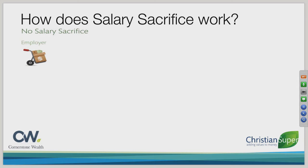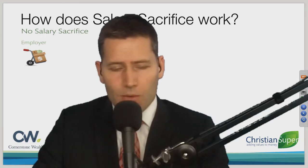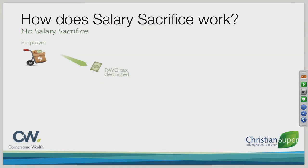So how does salary sacrifice work? There are two ways in which you can receive your income. If you're not salary sacrificing, your employer, before they pay you, deducts PAYG tax, so withholding tax. After they've deducted that tax, and depending on how much you're earning, the tax rate, including the Medicare levy, is either 21, 34.5, 39, and 49% if you're earning over $180,000. They'll deduct that tax first from your pay, and then they'll put into your bank account the remaining amount, and